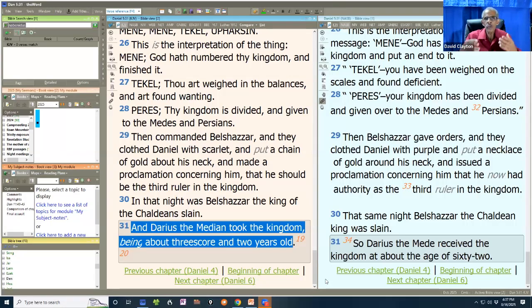the conflict between Babylon and the Medes and the Persians, in that conflict, the Medes and the Persians were getting stronger and Babylon was getting weaker. Babylon was in a state of decay. It was going downhill. And whenever